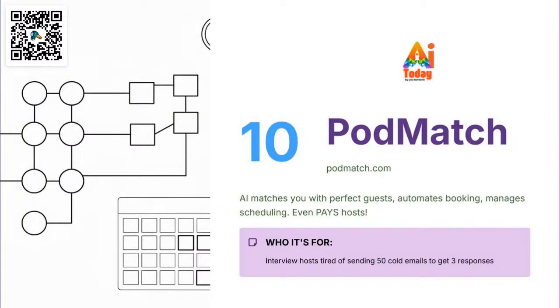squadcast.fm. Next up is Podmatch. I love Podmatch because if you're looking for guests or if you want to be a guest, Podmatch will match you up with folks who are looking to be guests, or if you want to be a guest on other podcasts, it matches you with perfect guests. It automates the booking, it manages scheduling, and it even pays hosts. So if you are struggling to get guests for your podcast or be a guest on a podcast, Podmatch is an excellent tool and